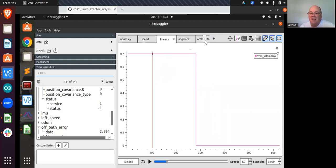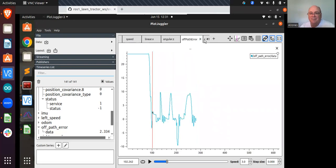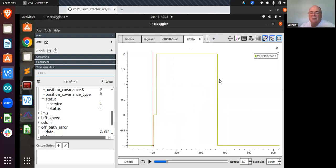And the other safety feature that I have is if I lose RTK fix, I have a safety feature that says, hey, put the machine in neutral after a while. But the value of 2 here represents that it's got RTK fix, goes from -1 to 0, and then I get up to 2. And so it's the same. So my hypothesis is I have either a LoRa issue because LoRa might be dropping, because that's also a part of the safety equation, or